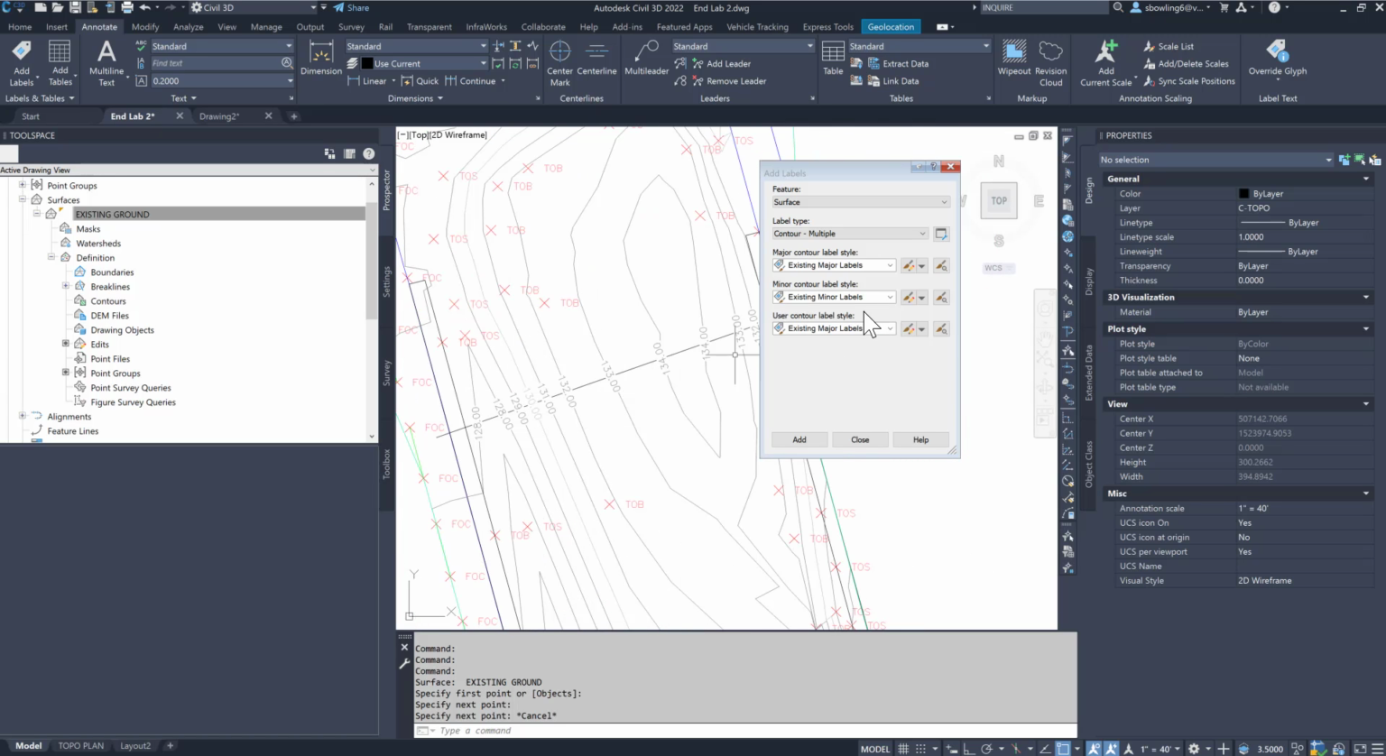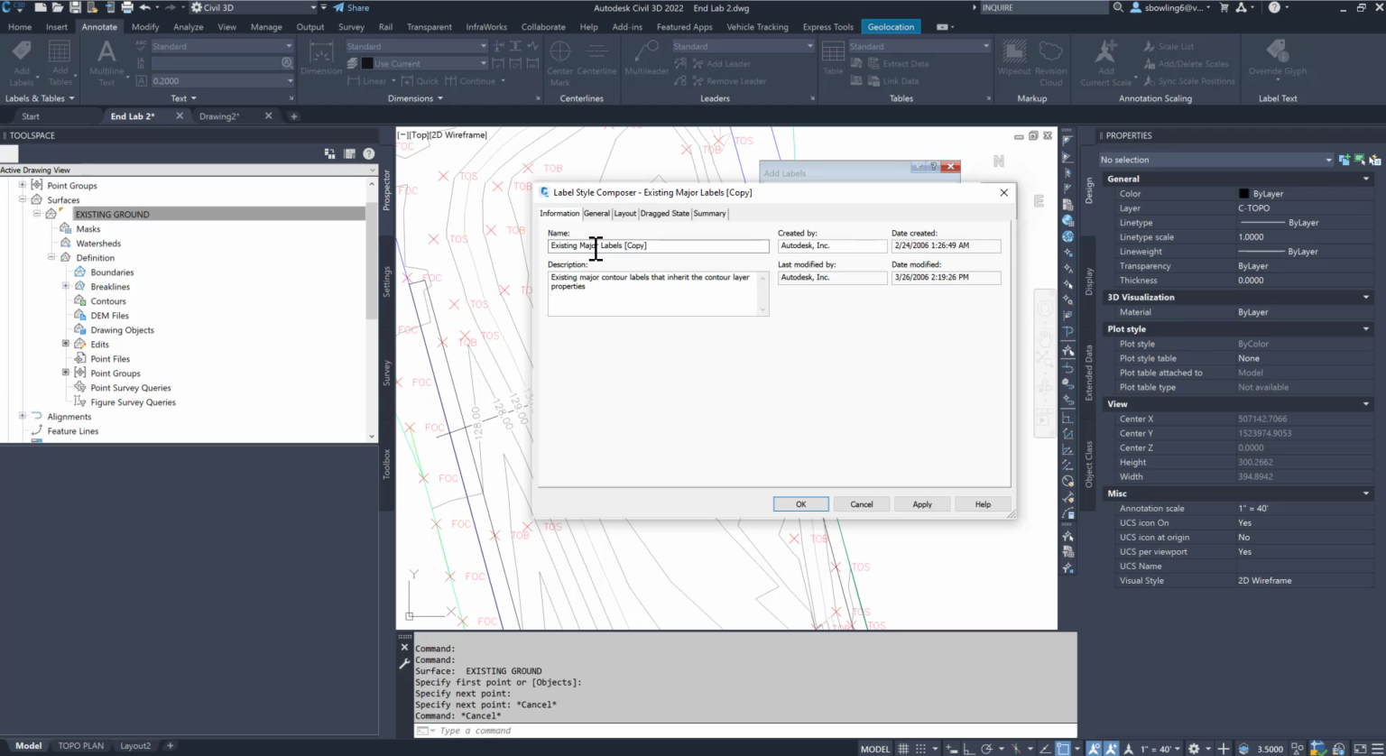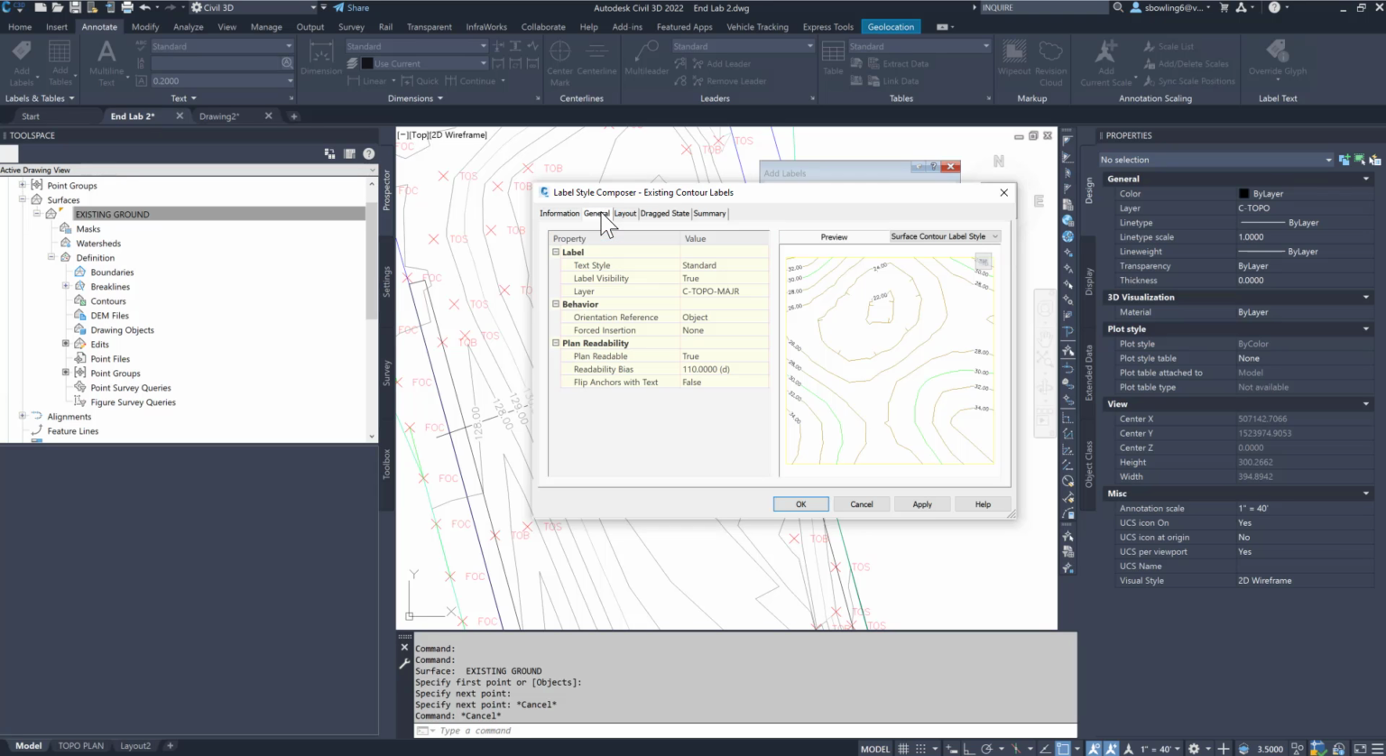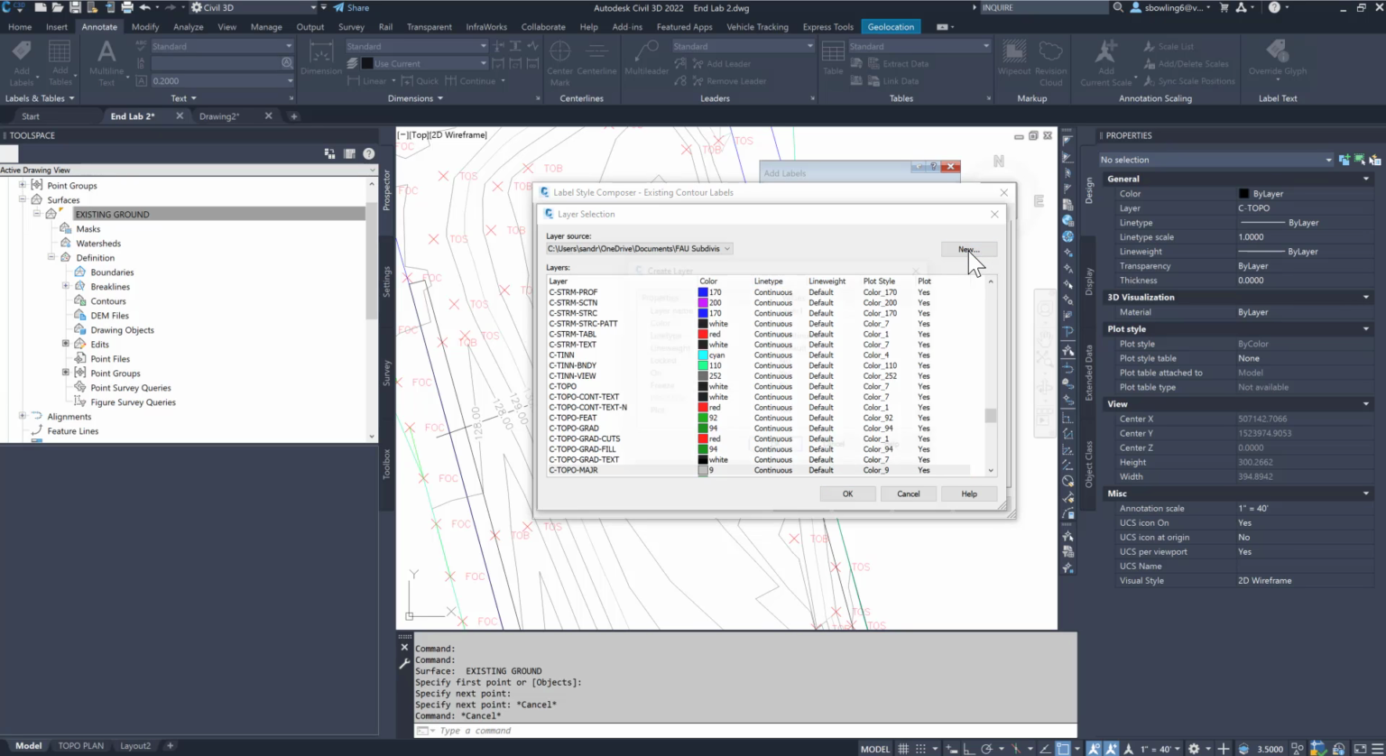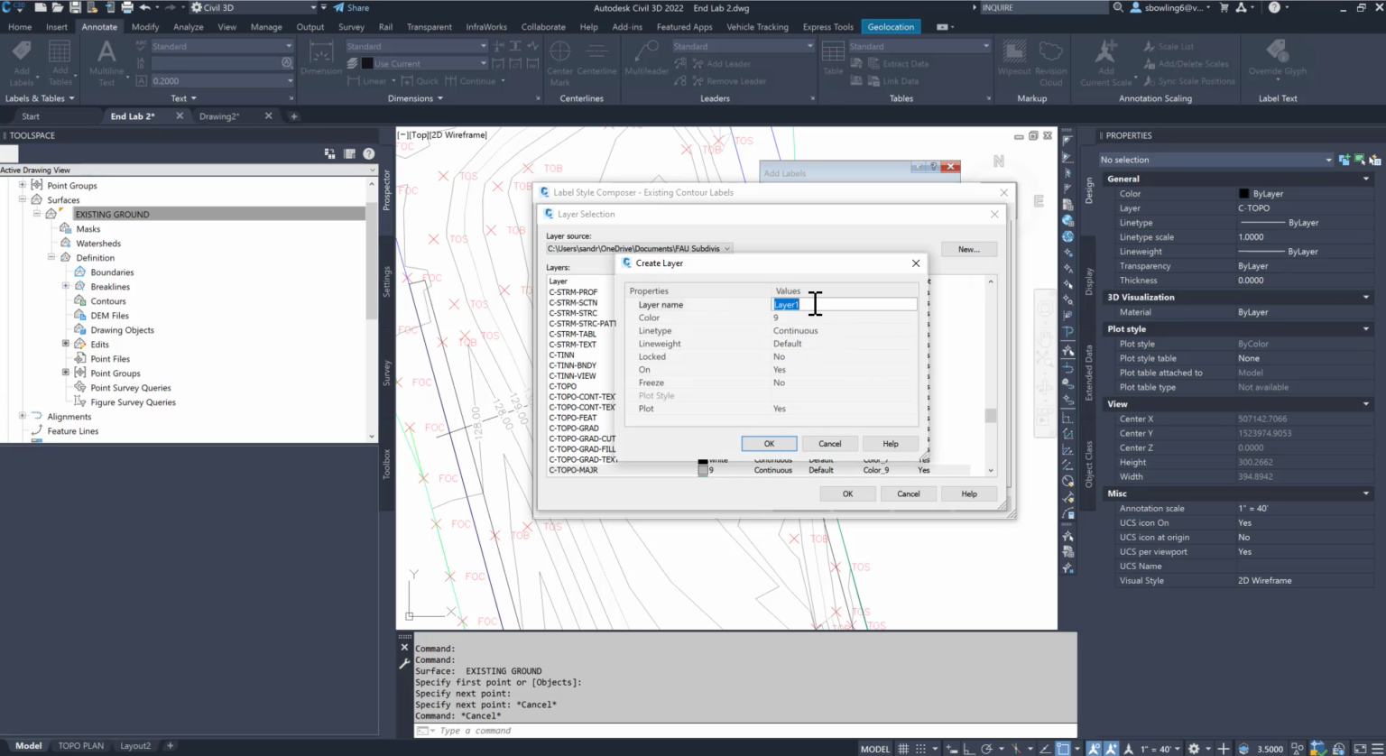I don't like that text. I am going to create a new label. So I'm going to come over here and I'm going to copy current selection and I'm going to call it just existing contour labels. Take off the word copy. You can leave it. I'm actually going to make a layer. Go new and go capital C, Topo dash contour, and then OK,